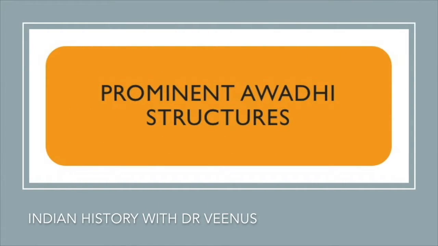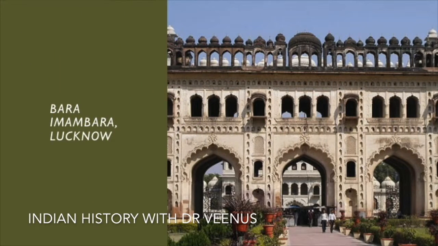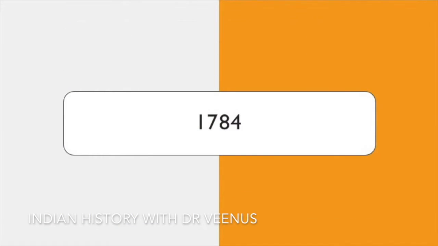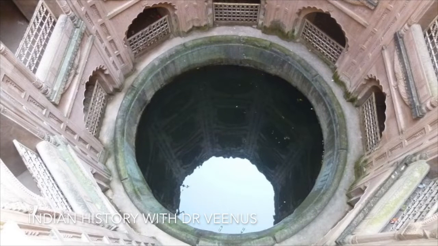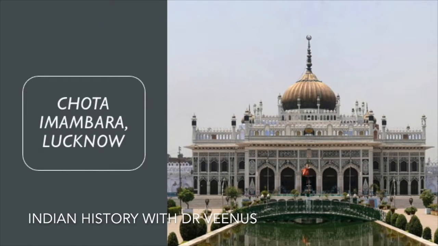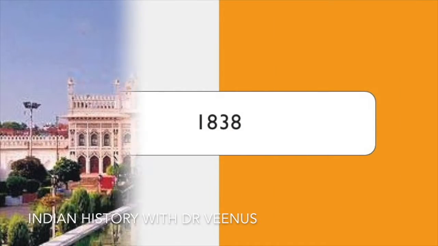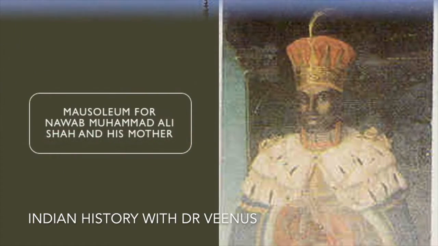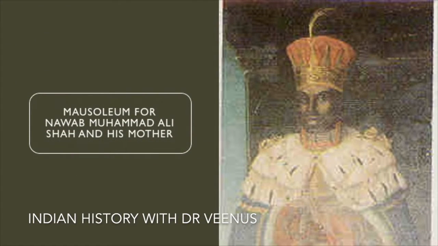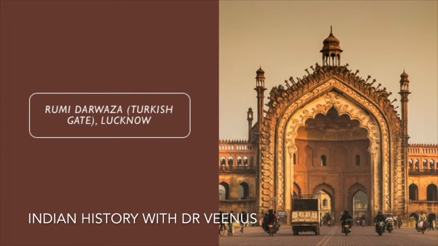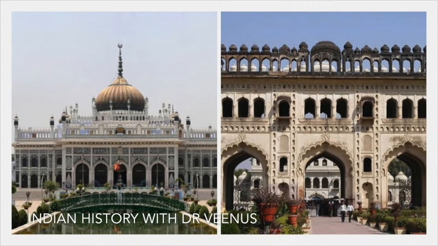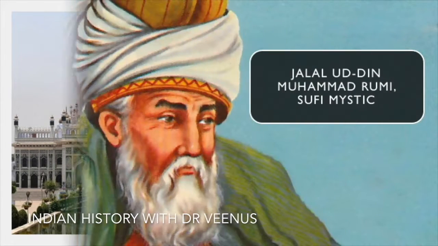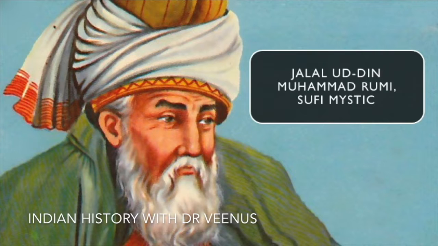The prominent structures of this time include Bada Imambada in Lucknow. Built in 1784, it comprises Asafi Mosque, Bhul Bhulaiya and a step well with running water. Chota Imambada, Lucknow. Built in 1838, it serves as a mausoleum for Nawab Muhammad Ali Shah and his mother. Rumi Darwaza, the Turkish gate in Lucknow. Built in 1784, it is situated between Bada and Chota Imambada and is believed to be named after Sufi mystic